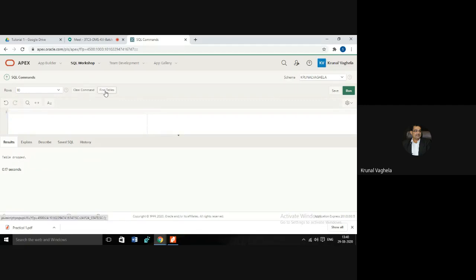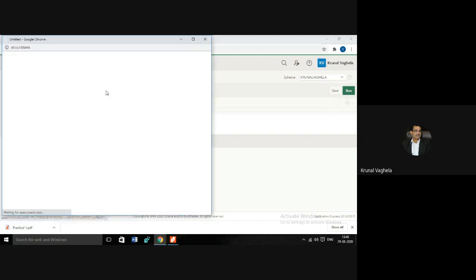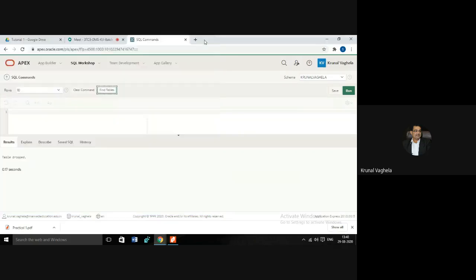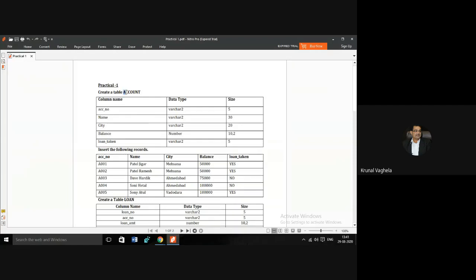I have already told you, if you want to find tables, you can click on find tables. This is the system table. So we don't have any table right now, and we'll start making the tables. The first table we will create is account. Table name is account. These are the columns: account underscore number, name, city, balance, and loan underscore taken, their data types, sizes, and some sample data to be inserted into the table.